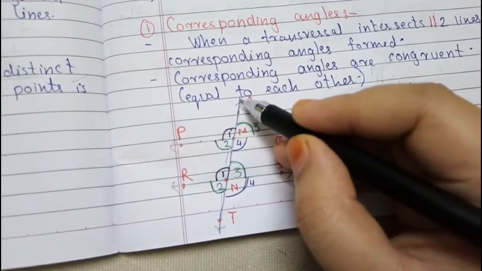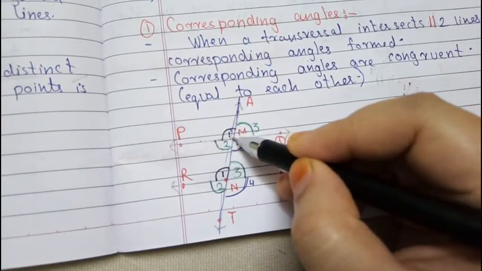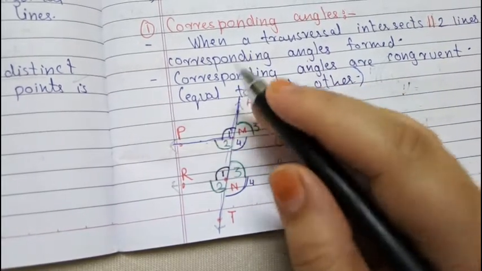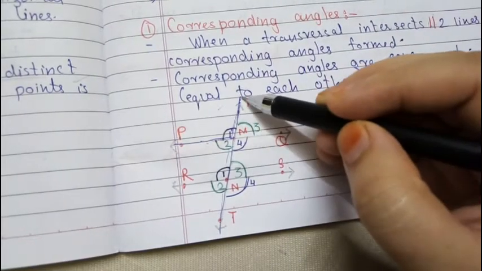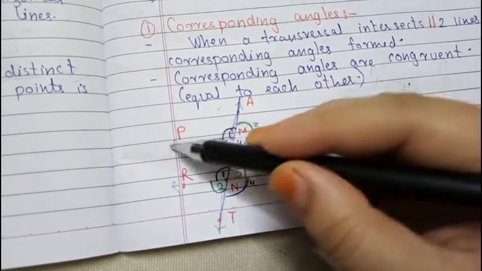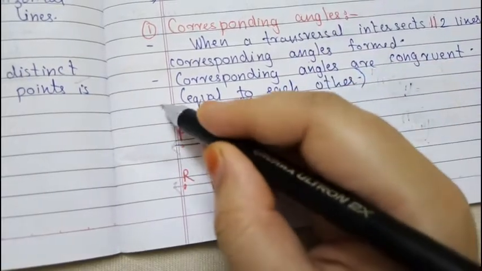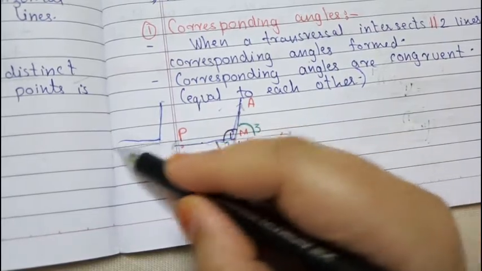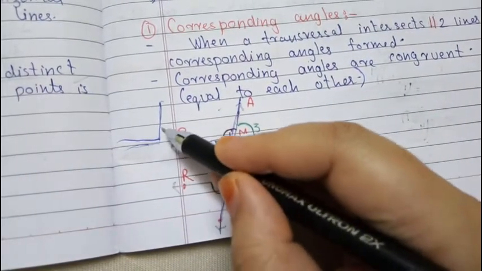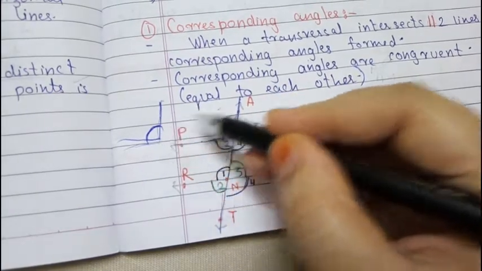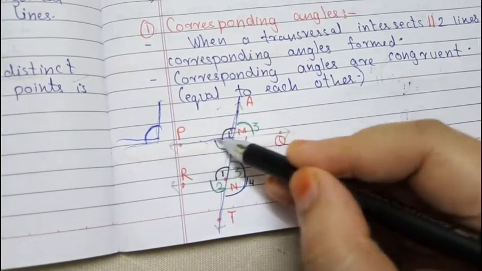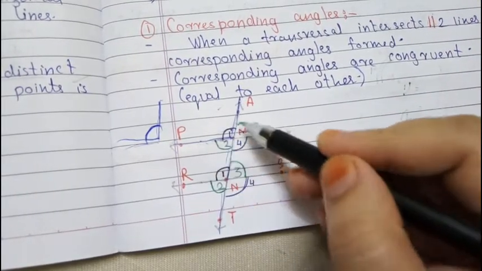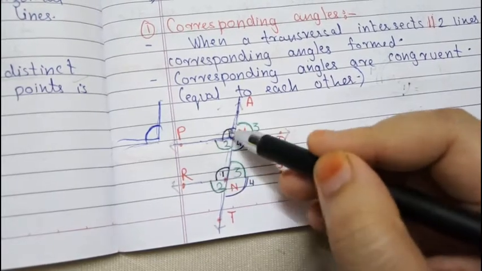So student, imagine this is our first arm. The first arm is placed perpendicular to this next arm. Here this is our first arm and this is our second arm. If these arms are placed together in a perpendicular manner, an angle is formed. This is our first pair of arms and this is the next pair of arms. So the angles formed between the two pairs of arms are nothing but the corresponding angles.